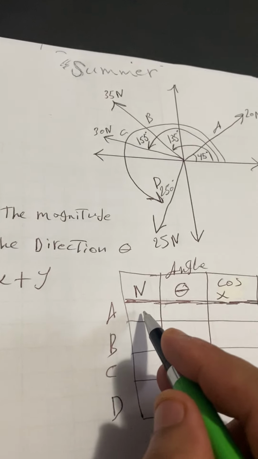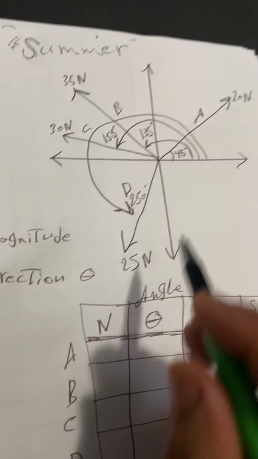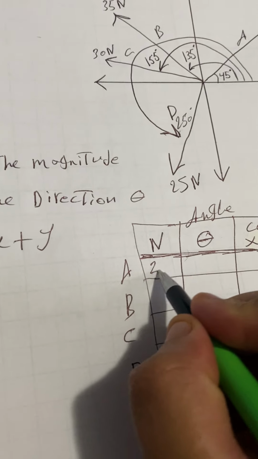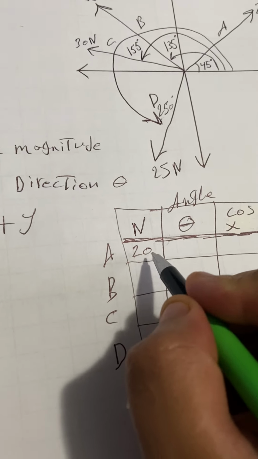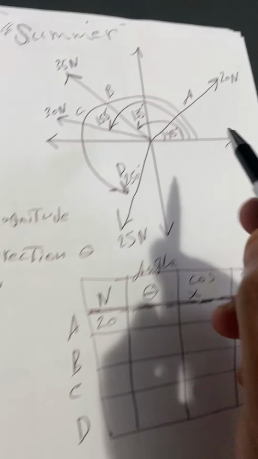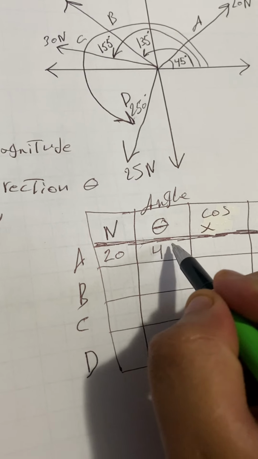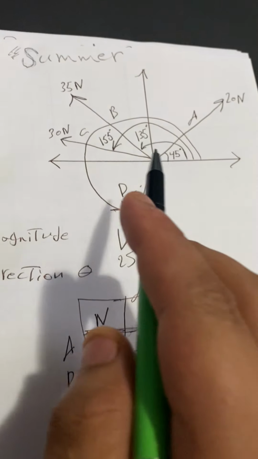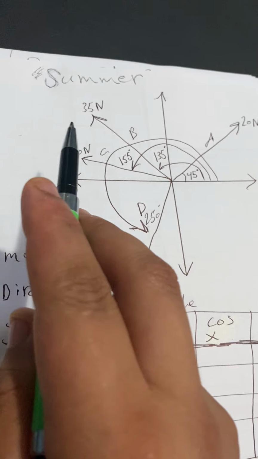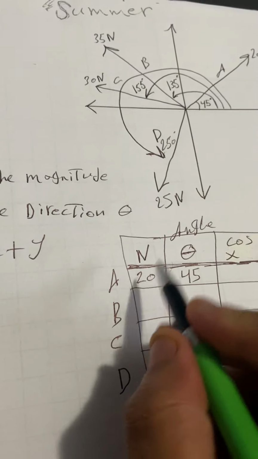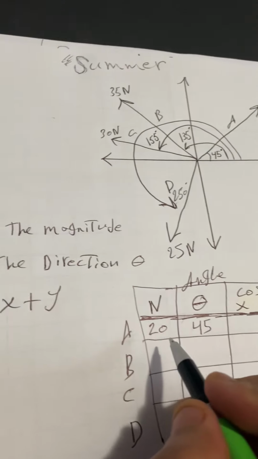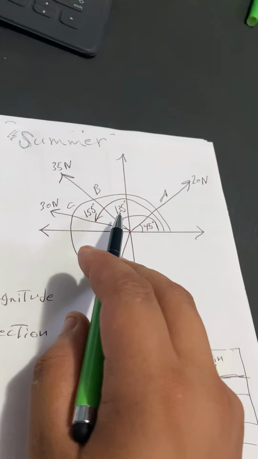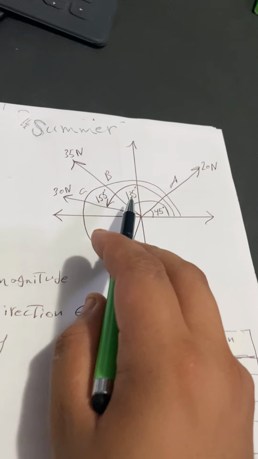So the first one, A. How many Newton in A? We have 20 Newton, so we put 20 Newton here. What's the angle? 45 degrees, so we put 45 degrees. Then the other one has 35 Newton, which is B, so 35, and the angle is 135